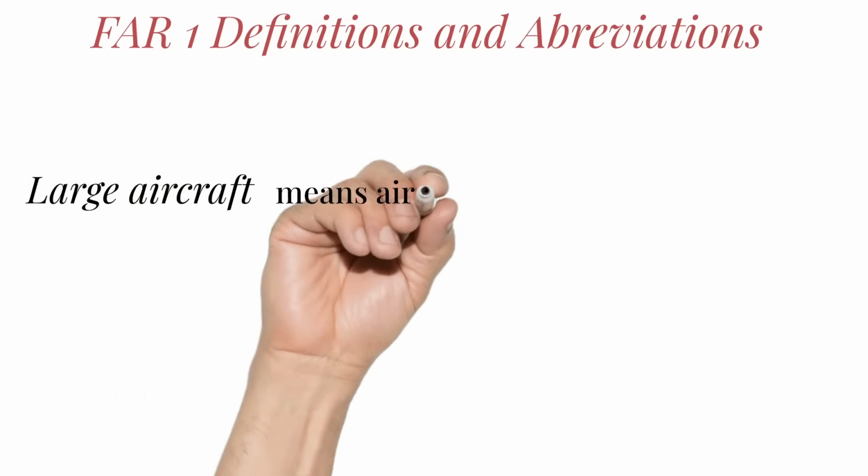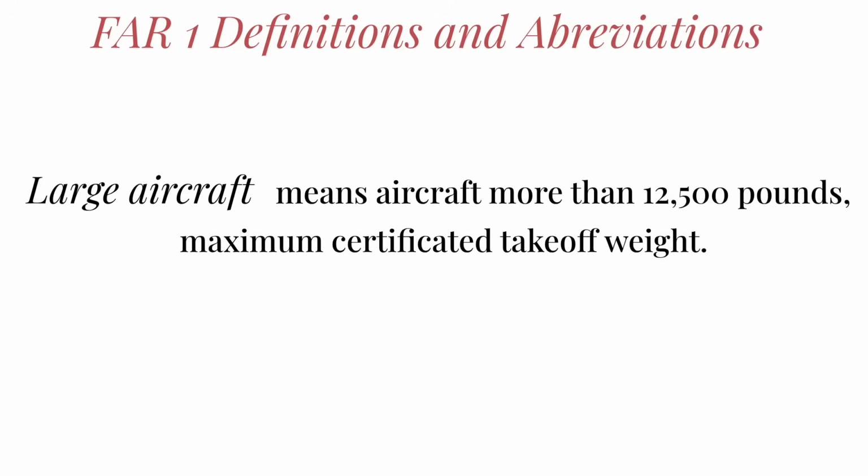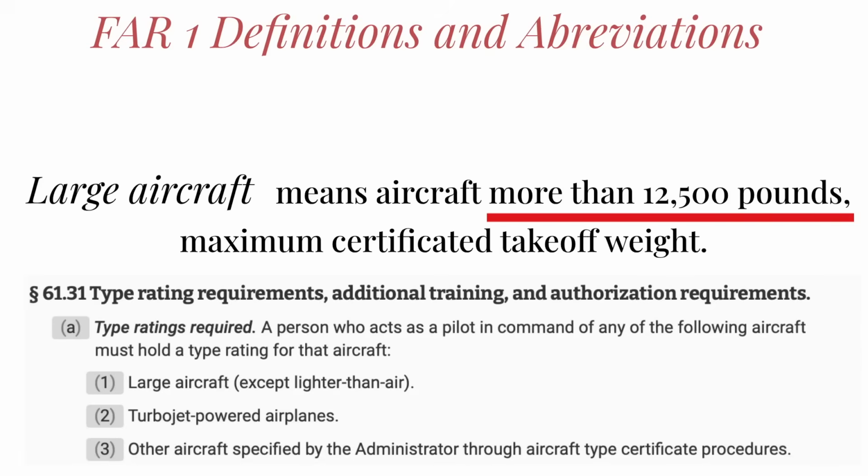This reg gives us a list of the definitions and abbreviations. And if we dig in here and look up the definition of a large aircraft, it looks like a large aircraft has a max certificated takeoff weight more than 12,500 pounds. So if it weighs more than 12,500 pounds or it has a turbojet engine, we need a type rating to